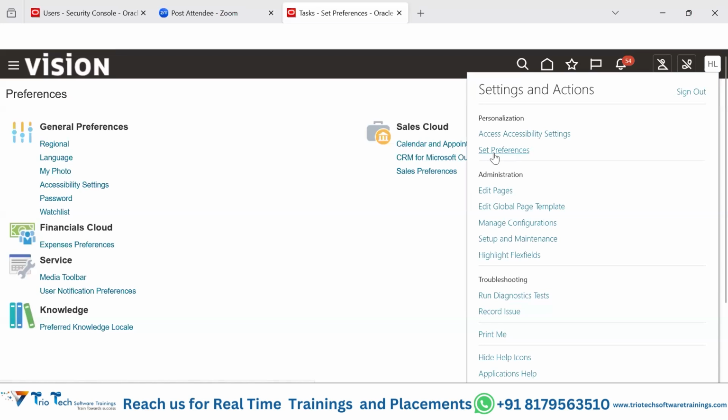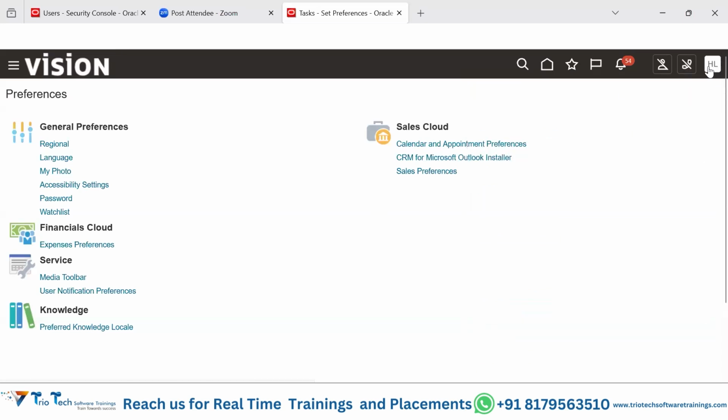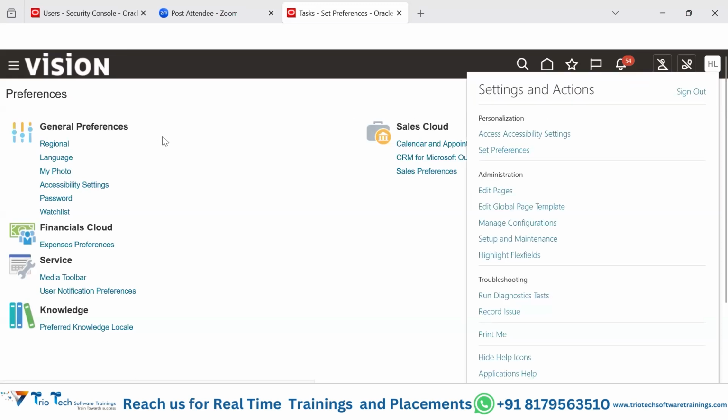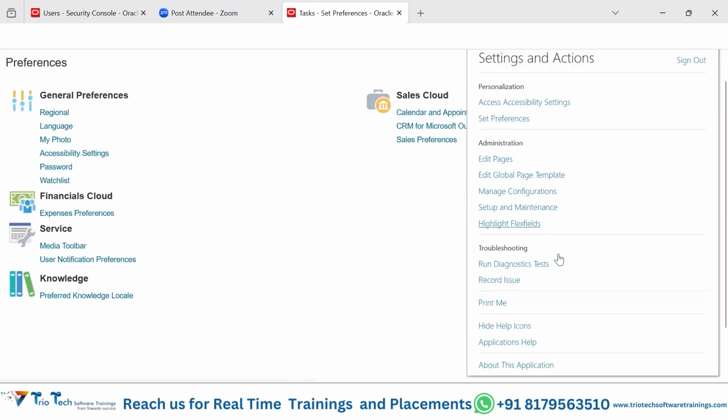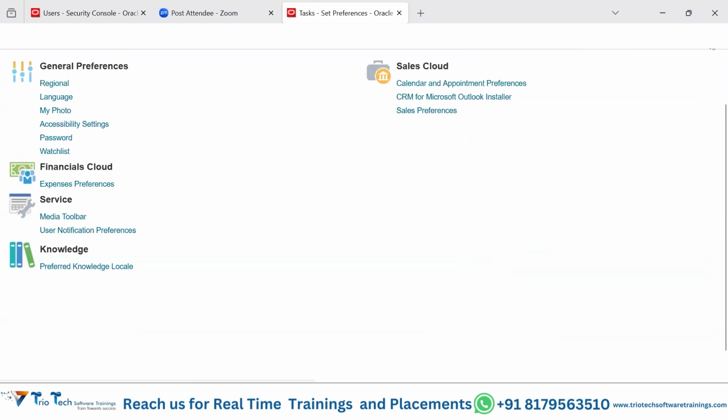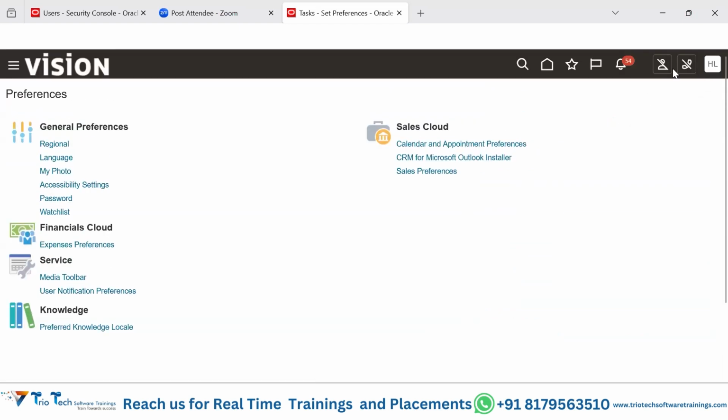Now, another option here is when I go back to the settings and actions. It is always available on the top of the screen, so you can just click on this wherever you are in the application. It is going to open the settings and actions page, and then you can go to the bottom of the page. So let me just navigate to the bottom here,